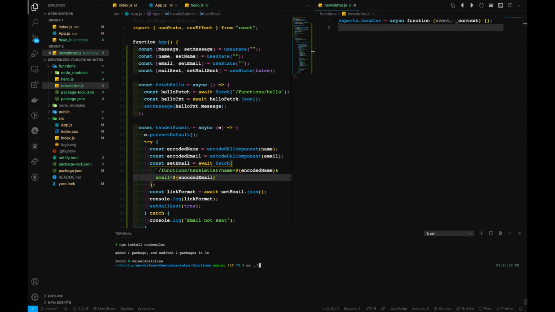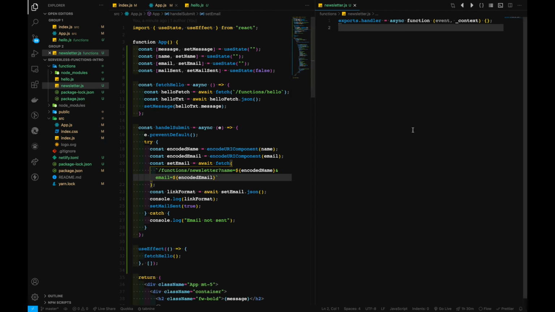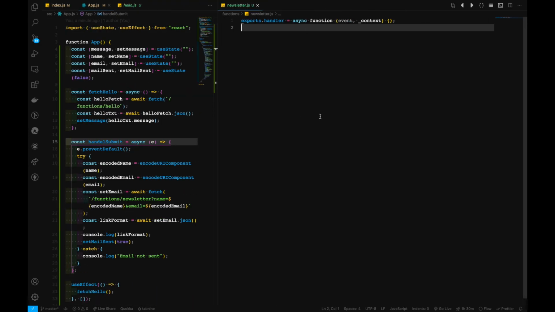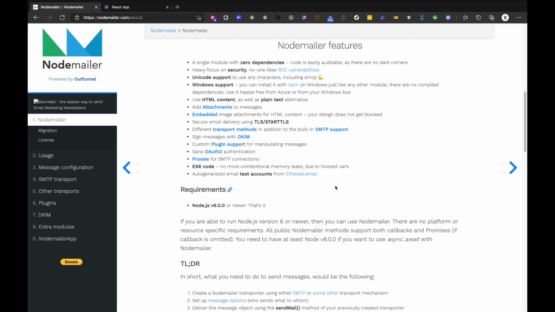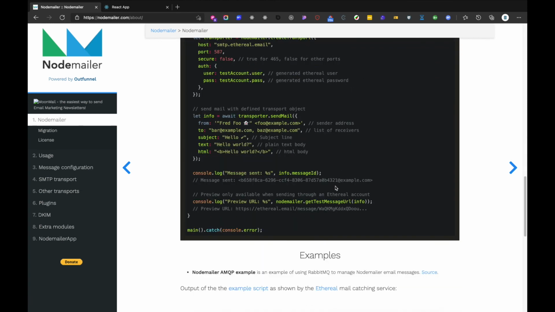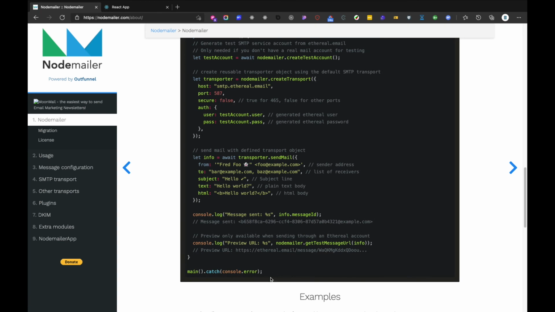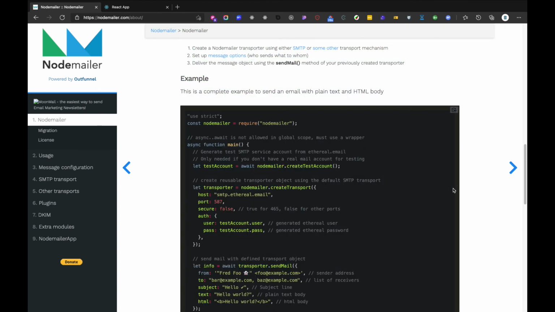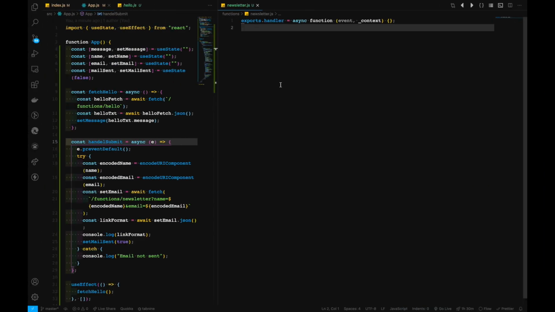So we will get back to our original directory right here and clear it up. And for now, let's collapse this one and let's go to newsletter.js. We want to grab this particular function example that we see here, and we want to tweak this up. So we will just grab this one and paste it inside of our export handler,